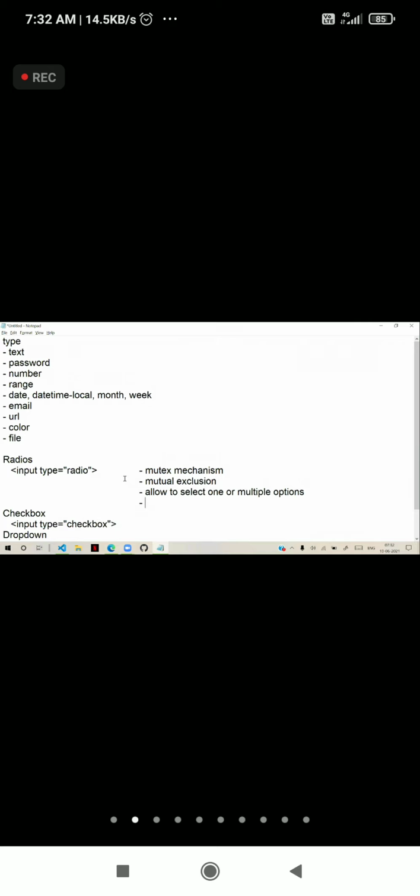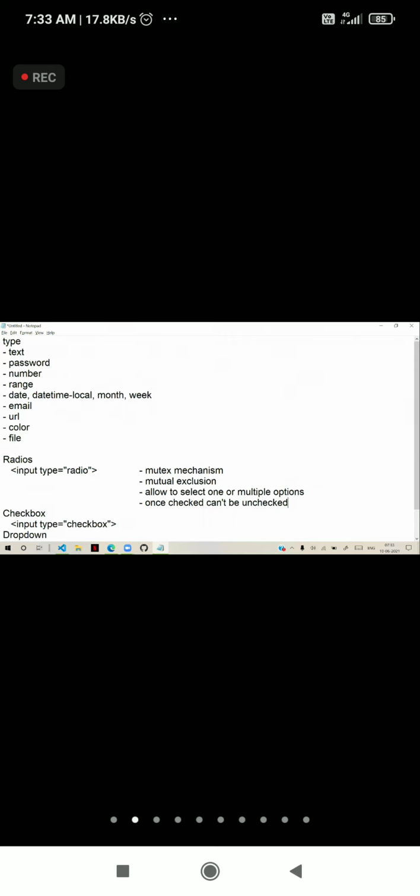That means once checked, they cannot be unchecked actually. That is the issue with radio buttons. Once checked, they cannot be unchecked. That is the problem.